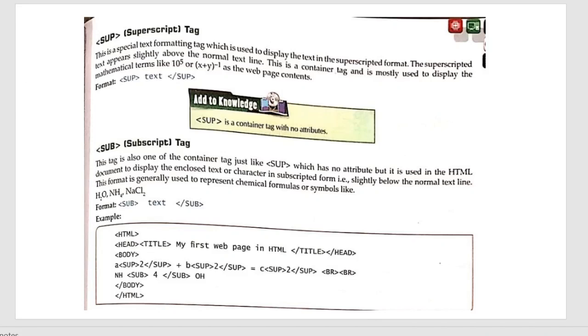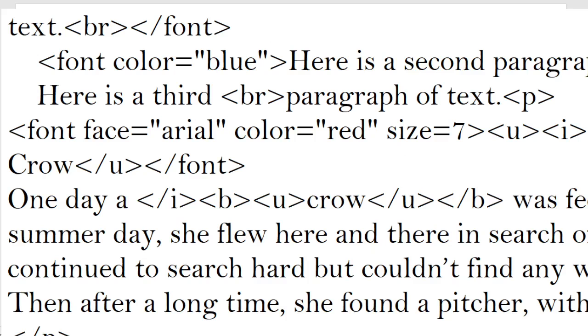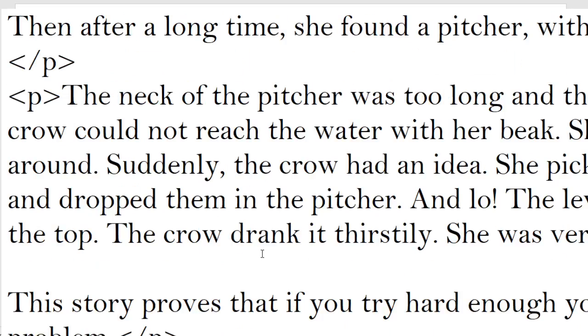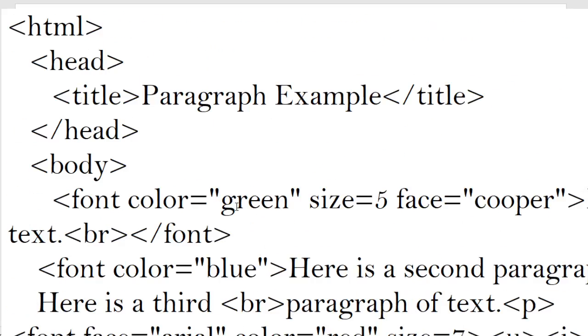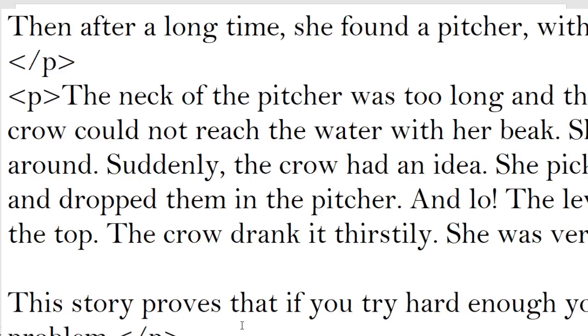Let's start. Open your notepad here. For example, first we want to write a square plus b square. We have changed the font size here first, so you can see the output easily. Font size is equal to 7. This is totally optional. I have just written it here because you can see easily that the text size will increase, so that's why we write font size is equal to 7.